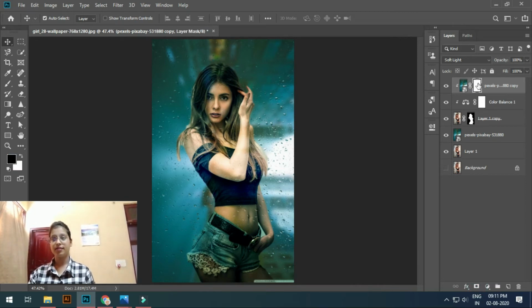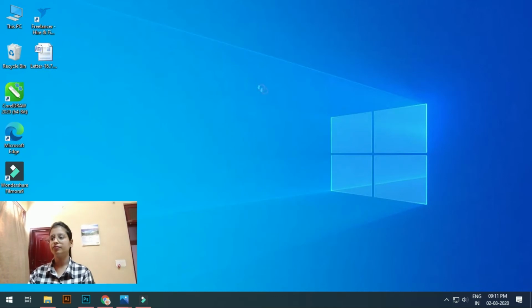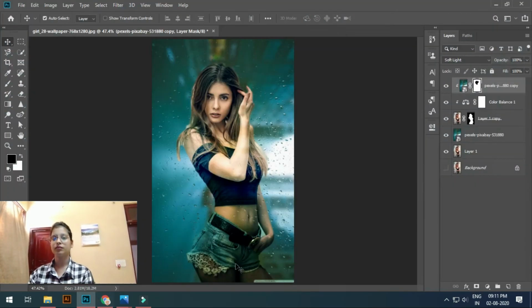Okay, press, you can see the box there, select it and press B and remove the water from his face, from the finger if you do not want, from his neck, from the neck, from his hair.